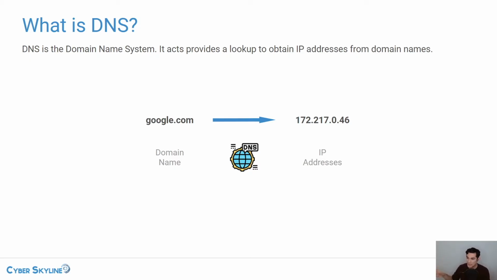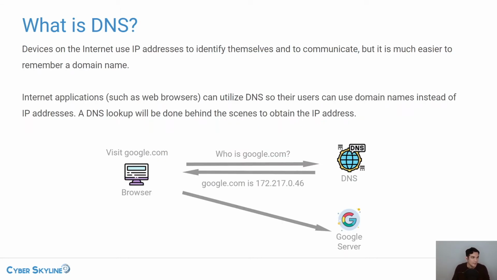So that's the top level domain and the domain name, and then Google is the primary part, the domain part, and you could have subdomains. So anything before Google, if there's a mail.google.com, that mail is part of the subdomain. The reason why this is very helpful is because you probably don't want to be typing the IP address that you see on the right there, 172.217.0.46. However, that IP address is what is being used by computers to communicate on the internet. And it's much easier for you to remember that domain name than that IP address.